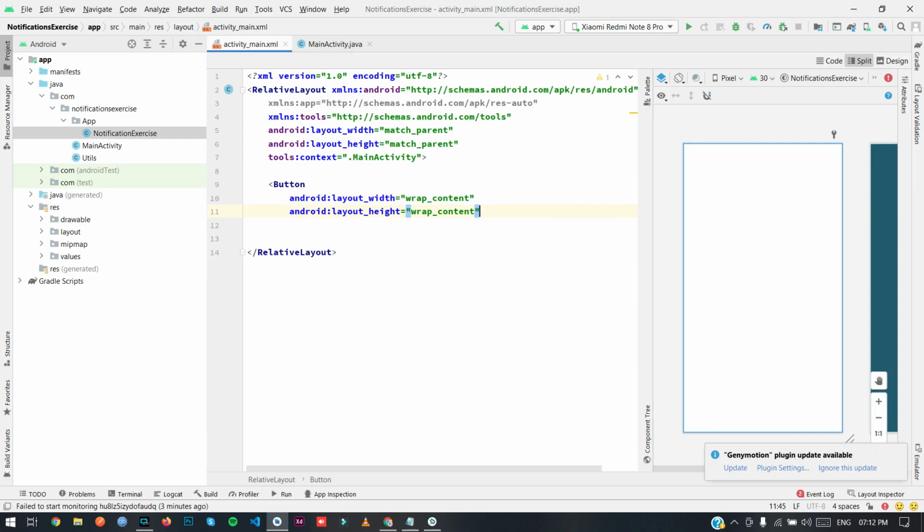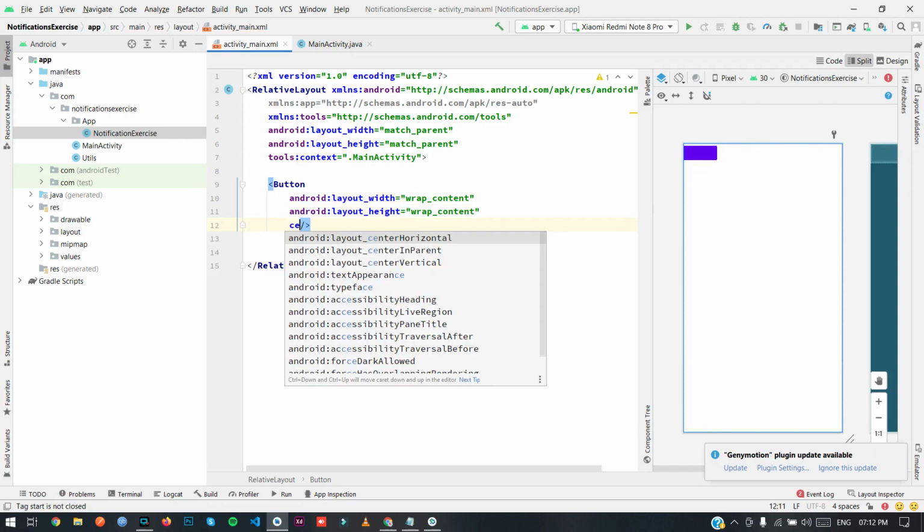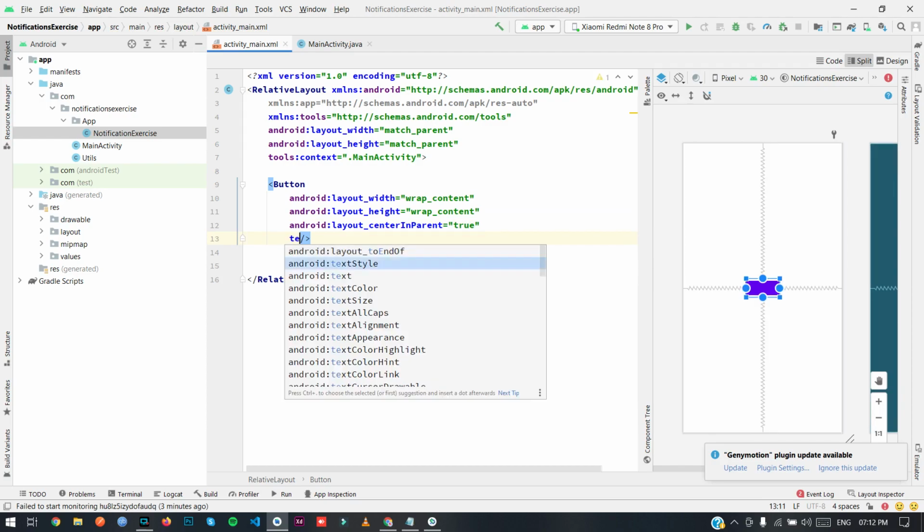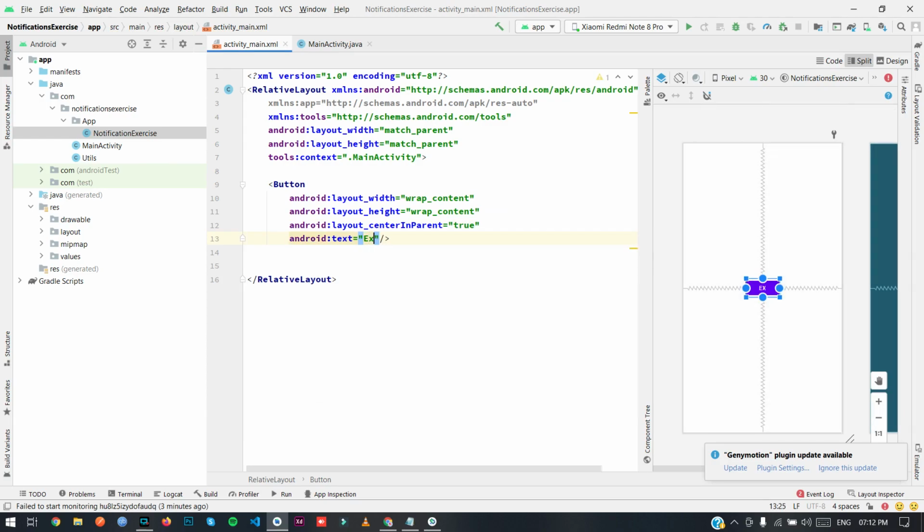So first I'm gonna write wrap content, center in parent true, and text expandable notification with text.